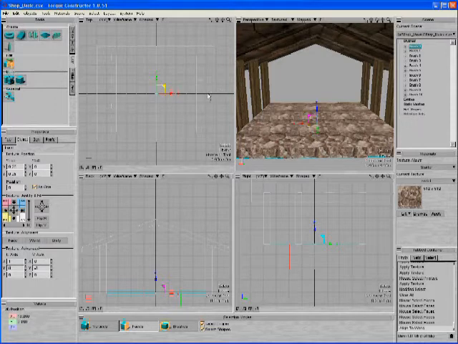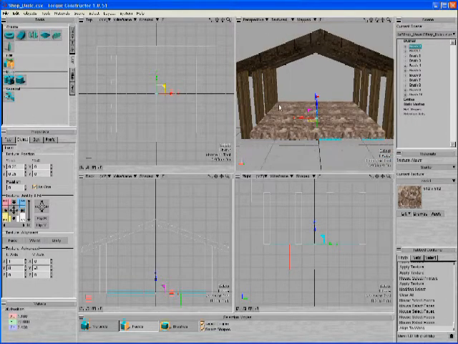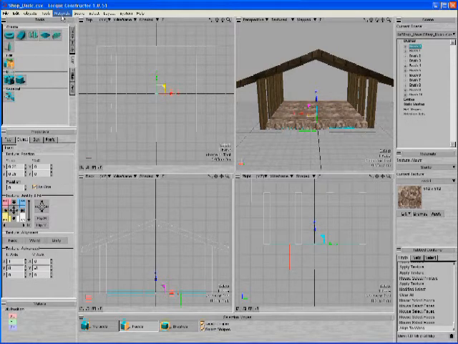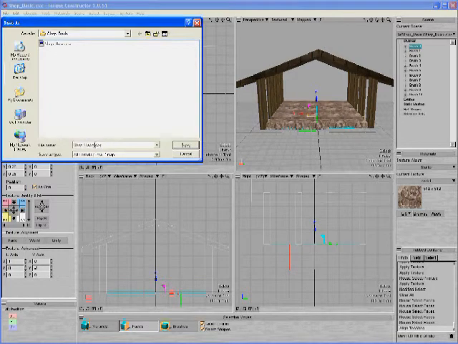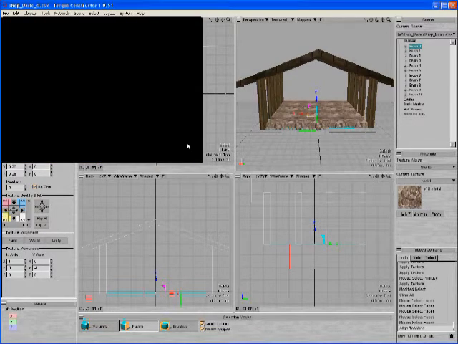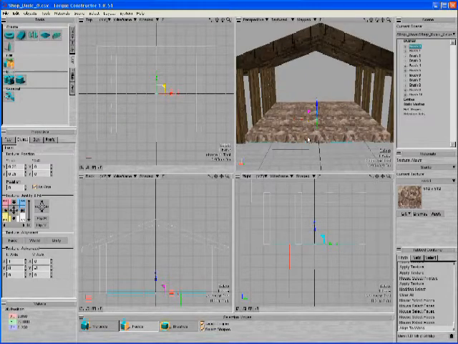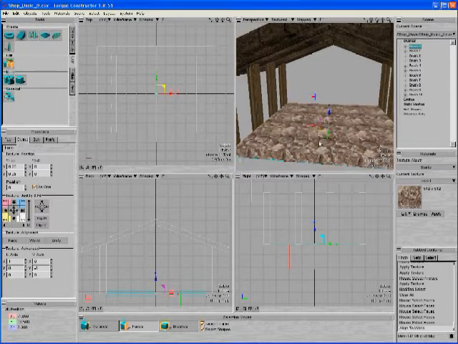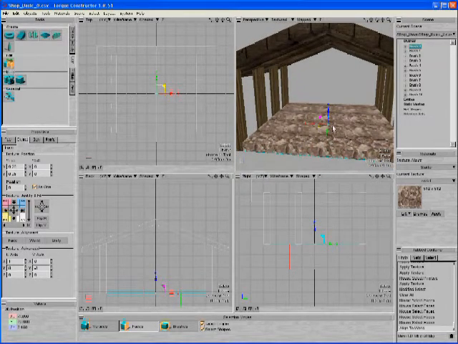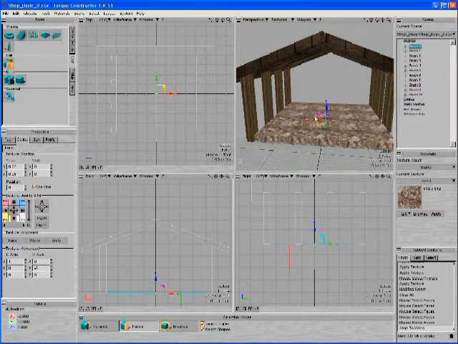Now the next thing we want to do is we want to make level of detail. So now we save this as shop basic underscore 0. This is going to be our main view. So this is the 0, this is the high detail view. Now, there's not very many brushes on here to begin with, so reducing the detail isn't going to take us very long. There's 6 brushes we can remove right here, so we do Shift,